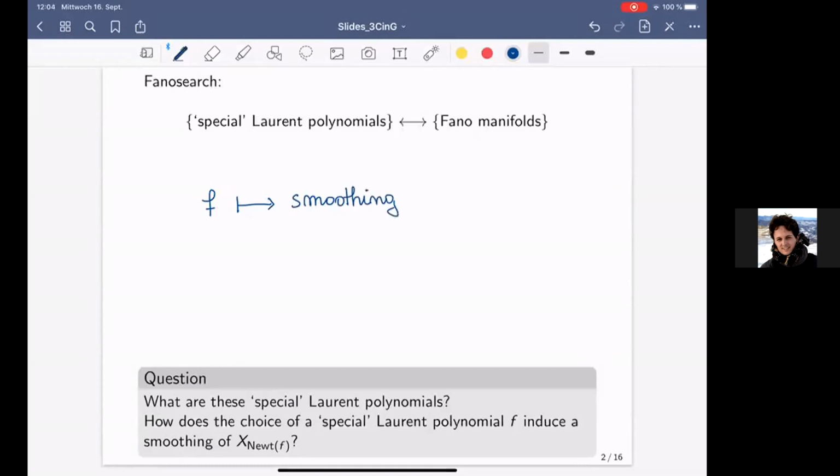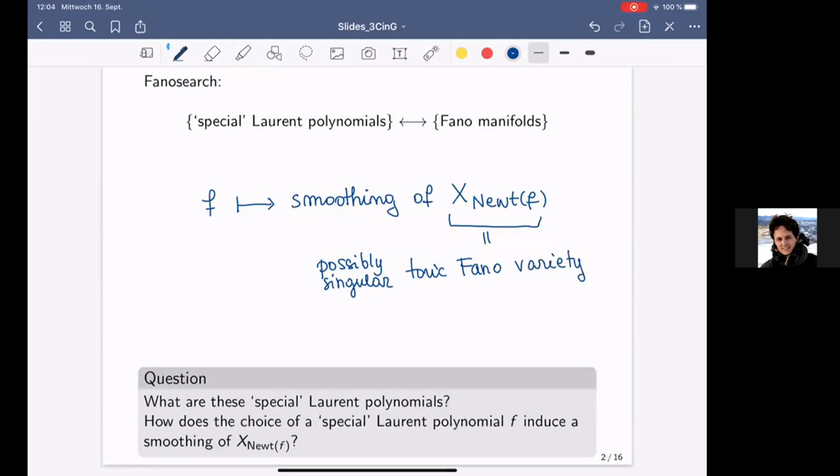So associated to F, a smoothing of X_Newt(F), and this X_Newt(F) is the possibly singular toric Fano variety associated to the face fan of the Newton polytope